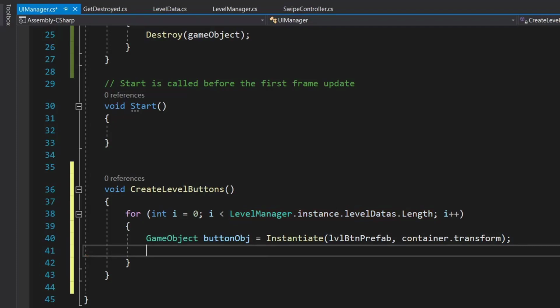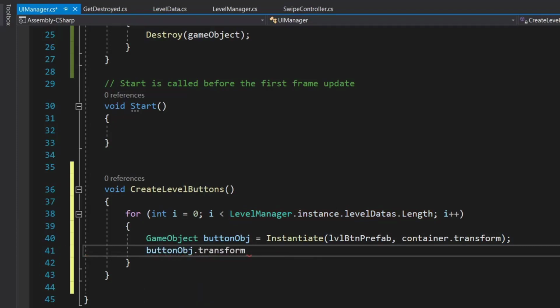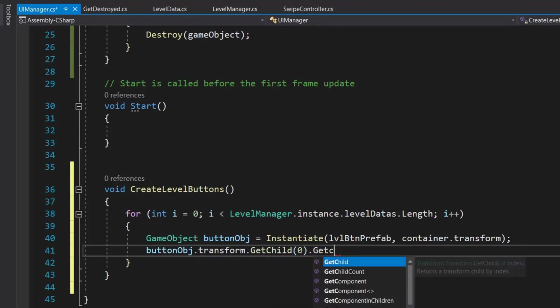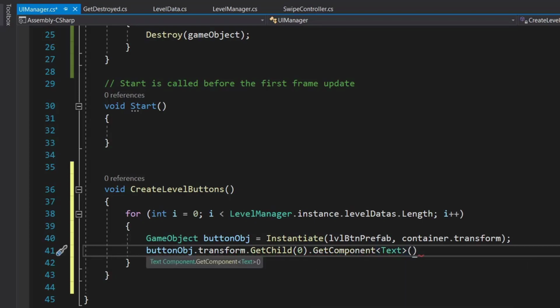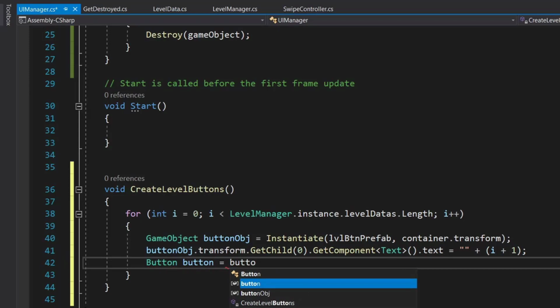Then we will get reference to the first child, so button object dot transform dot get child 0, and we will get the text component on it and set its text equal to quotation plus i plus 1. As we know our i starts from 0, so we are adding 1 to it, and then we get a reference to our button, so button is equal to button object dot get component button.